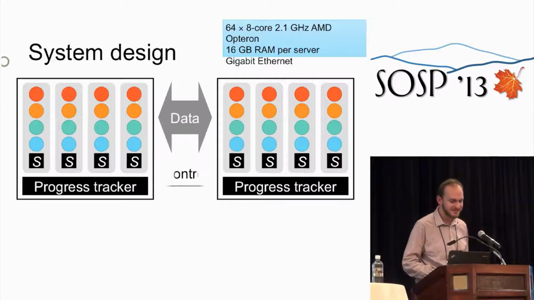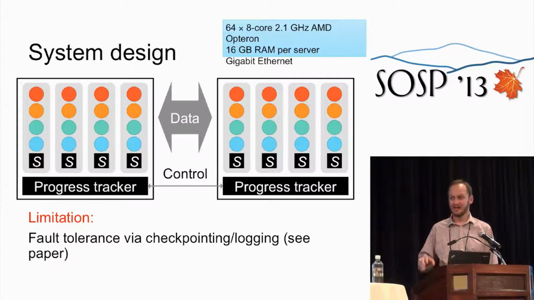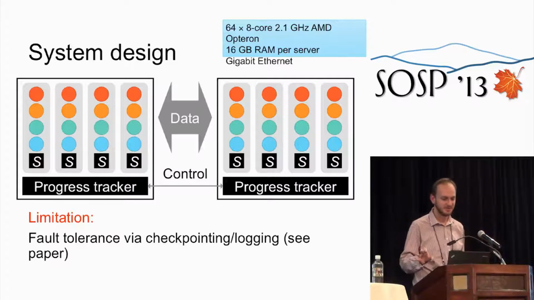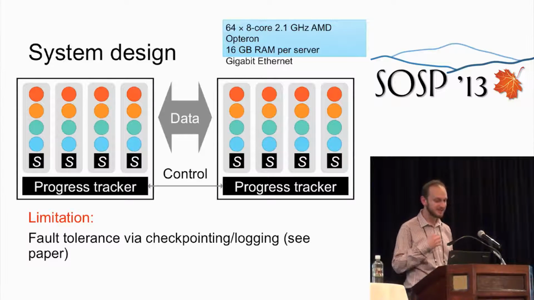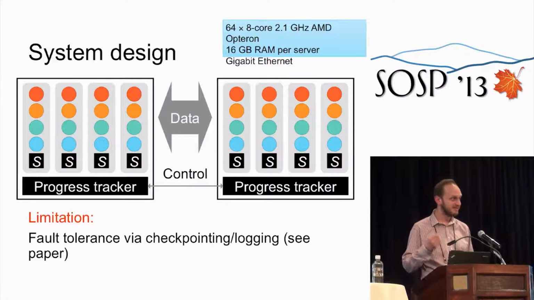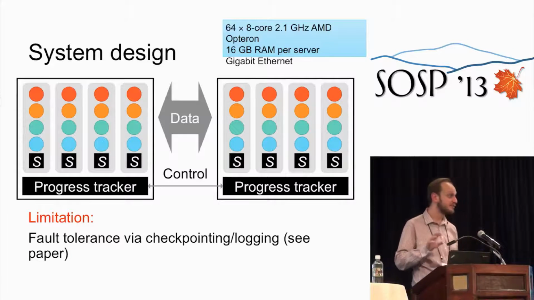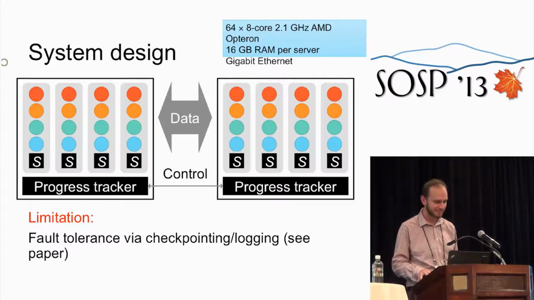As for fault tolerance, and TD pointed this out, which I'm grateful for, there are limitations to the system. And this is that fault tolerance is kind of a second-class citizen at the moment. It's based on consistent checkpointing, and that means if there's a failure, we have to roll back to a previous version of the state. The reason we haven't done fast parallel recovery as in D-Streams is that to get the latency we desire, we need to have this asynchronous message delivery, and this means that state is mutated in a fashion that can be non-deterministic, so we don't have that clean deterministic boundary. This is an area where we're working to improve things, however.